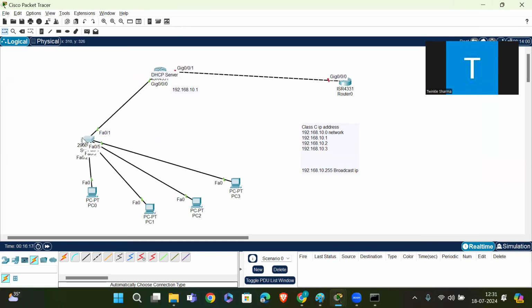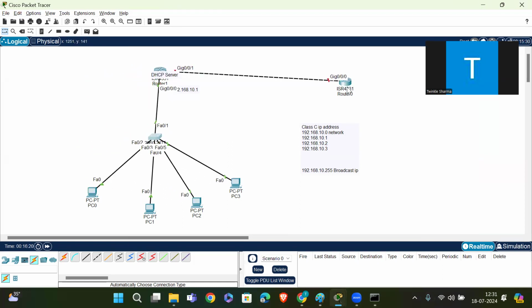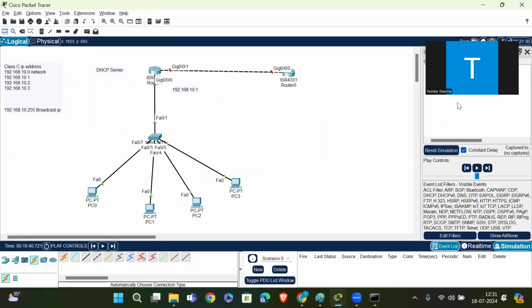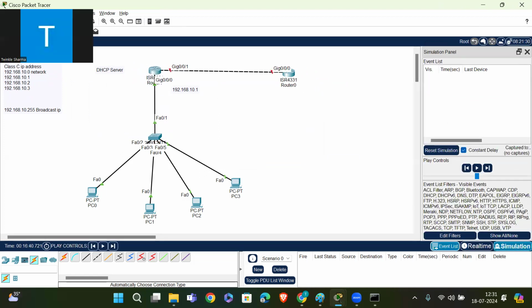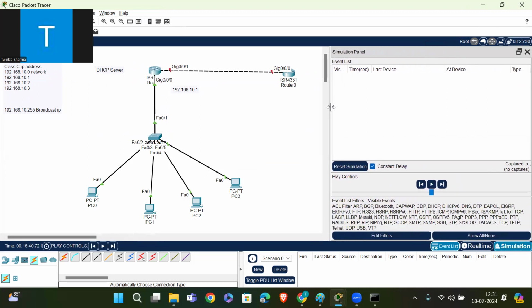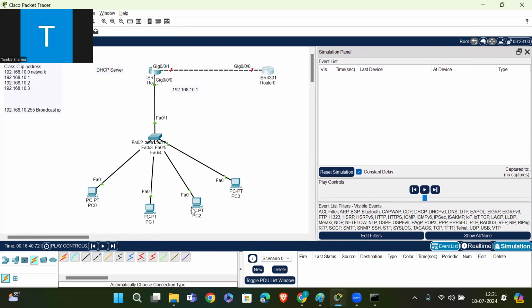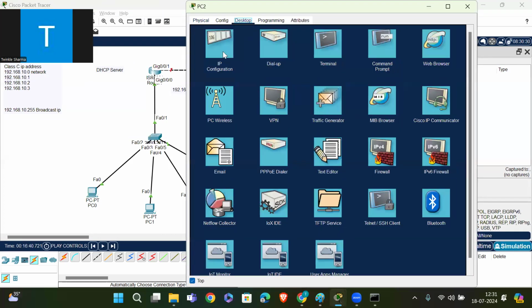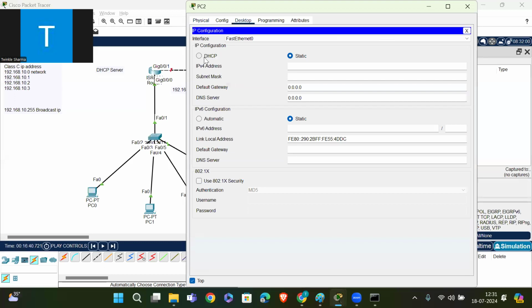How is it doing it, and how can we check it? Okay, so let me track the packets. First, we open the simulation. On this PC, desktop, IP configuration, not allotted yet.